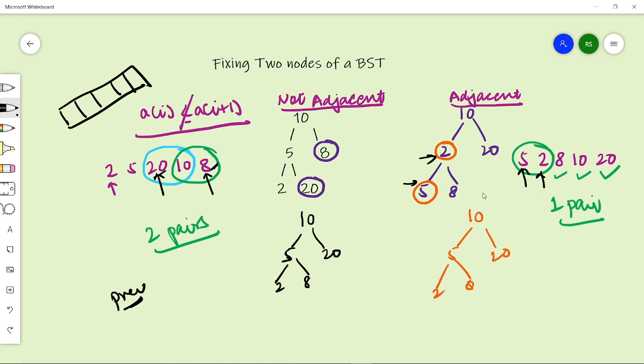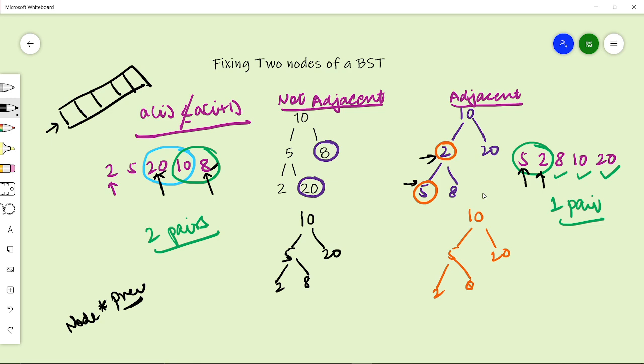That pointer will keep the track of the previous nodes. And if this condition does not hold true, that is, if previous is not less than the current node, then we have got our answer. So instead of making the complete array and using this auxiliary array, we can simply make one pointer that will store our previous node.